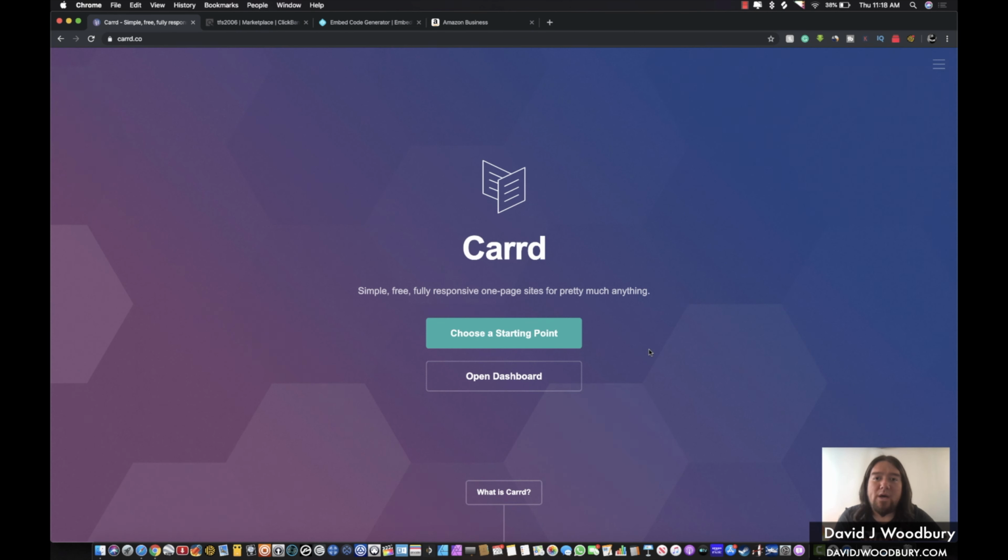I'm going to show you really quick how to start using Card to create one-page affiliate websites that you can go out there and start promoting different products with that work very well. So what I'm going to do is just jump right into it. Right now I am at card.co,